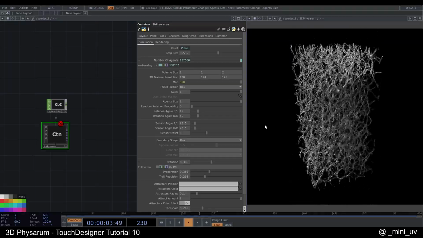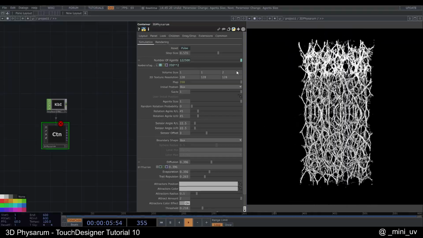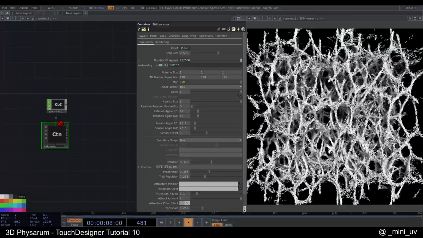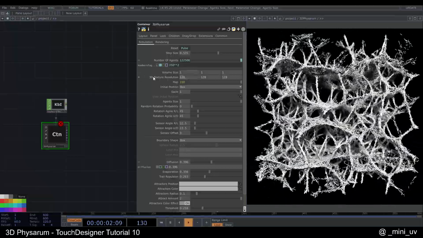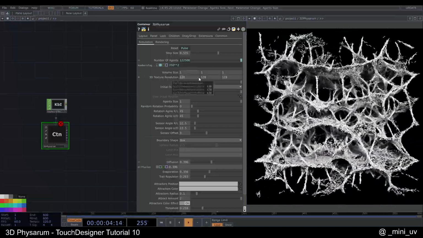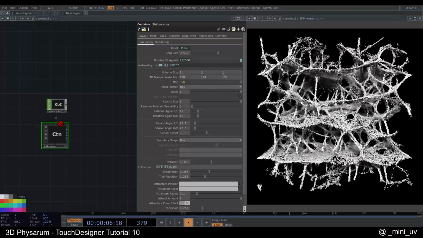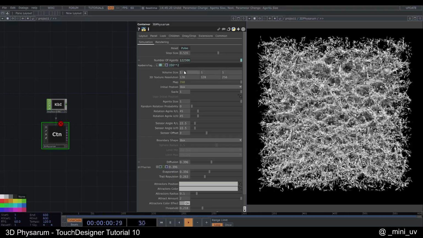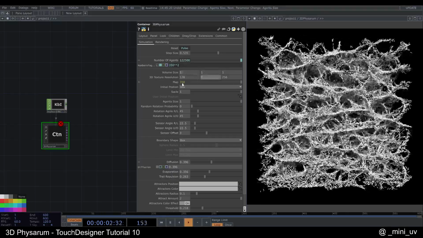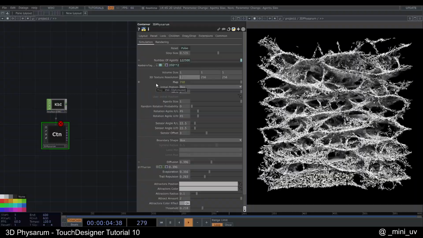So you can make it like this, play around with it. In the 3D texture resolution, if you also have a better computer, you can pump it. I don't have a crazy computer yet,